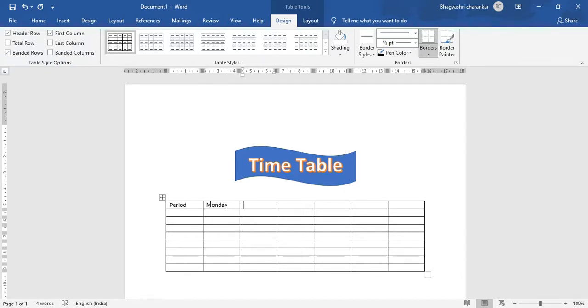Type the next day. Here you can find autocorrect or the suggestions. If you press enter, it will give you the next options. If I press enter, it will type the name of the day automatically.